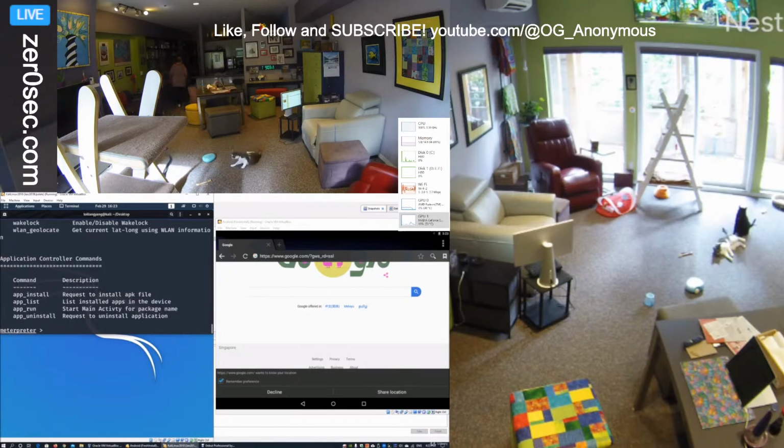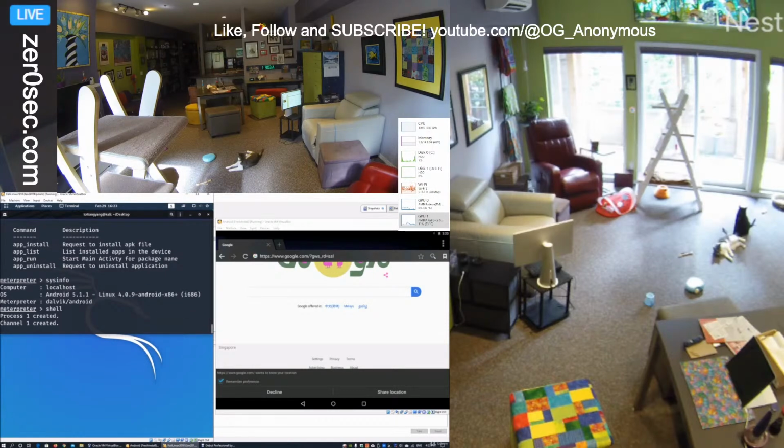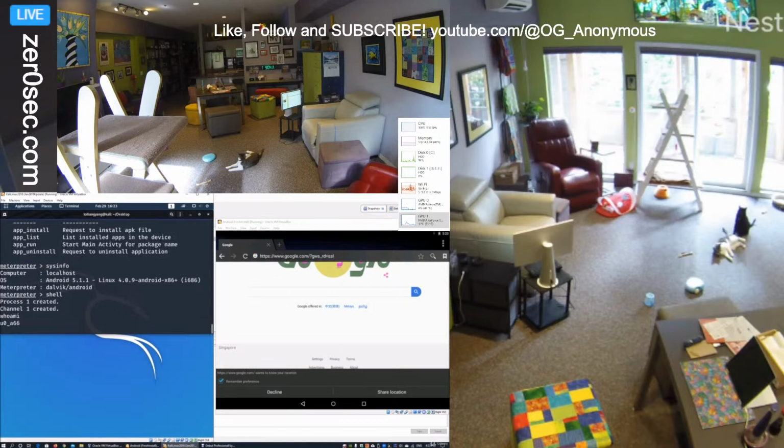So we can enter help, and we can enter sysinfo. And this is the part where we can actually see the computer operating system, the meterpreter type, and so on. And of course, one really important point that we want to get into is shell. So once you're in shell, you can actually enter whoami, and this will tell you the user that is currently using the mobile device. And of course, in this case, you have